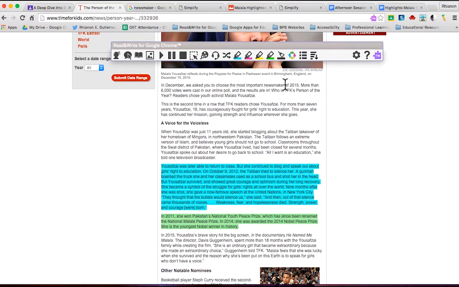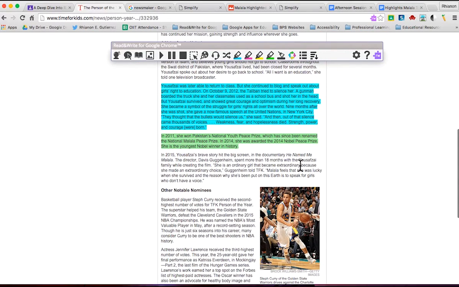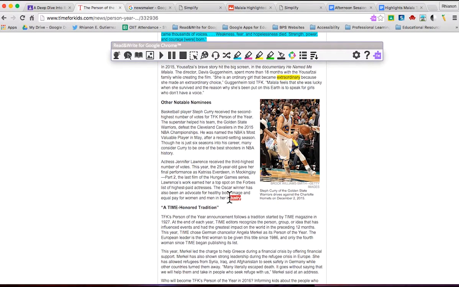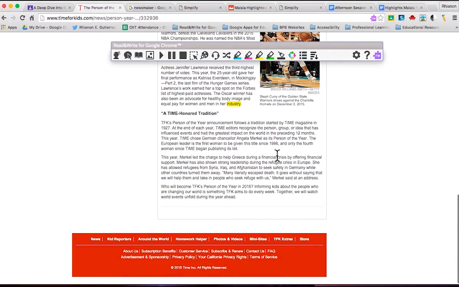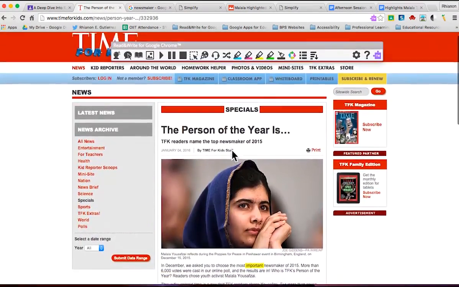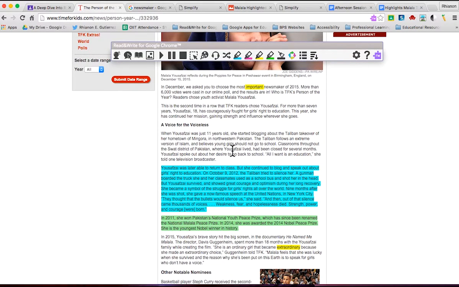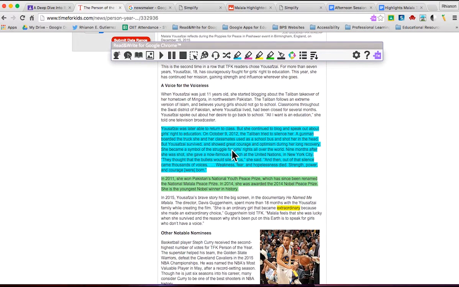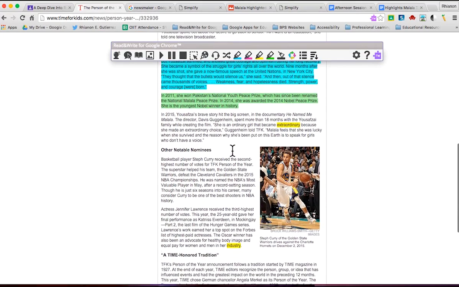Let's see. I would like to highlight the words important, extraordinary, industry. Now it's very important to be precise when you highlight individual words. And this is for improved accuracy. Let's get financial as well. Okay. I would recommend reading through an entire article and selecting passages and selecting individual words.